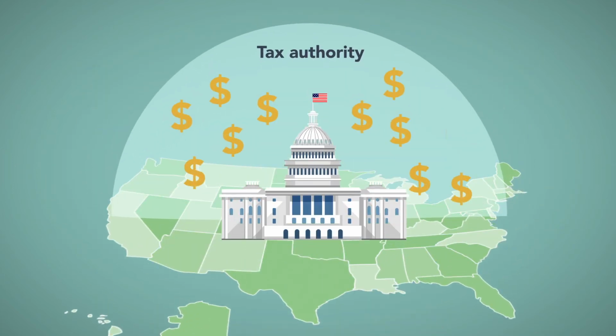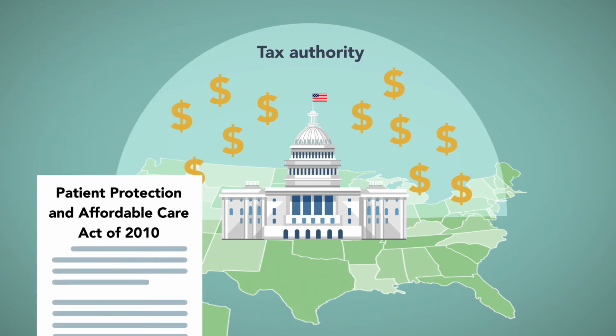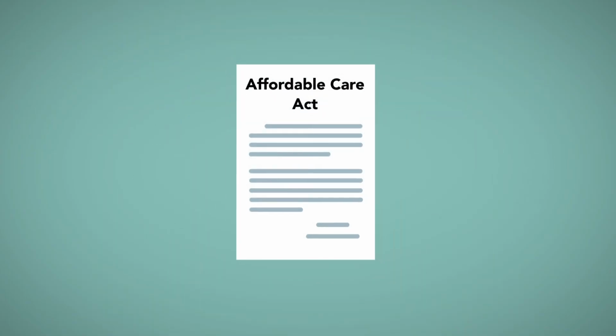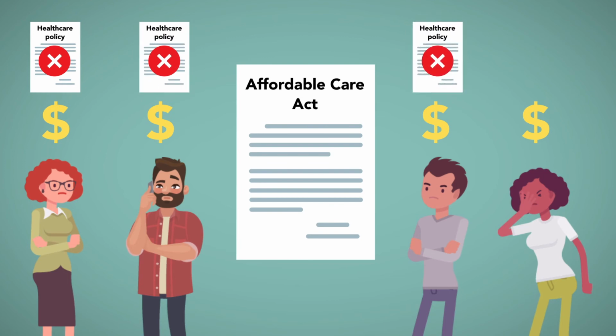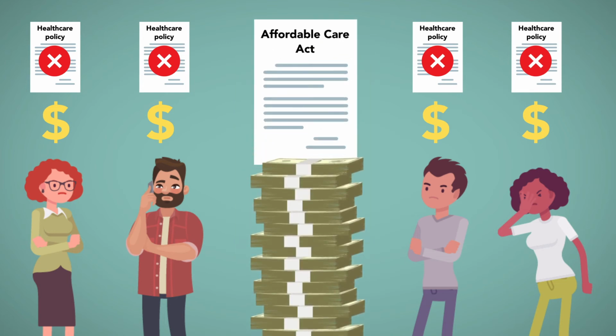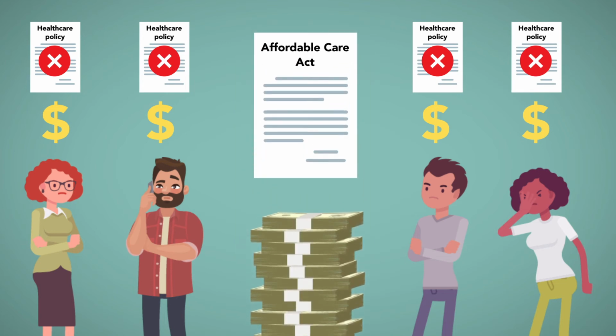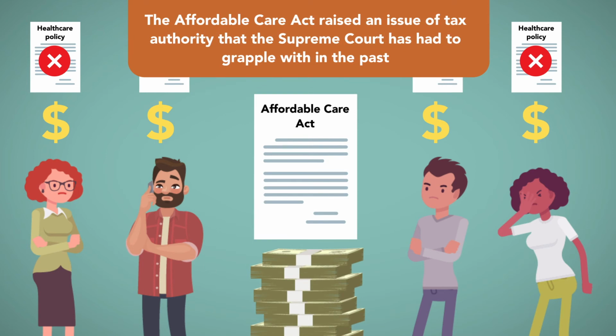This shift is most clearly exhibited by the Supreme Court's rulings regarding the Patient Protection and Affordable Care Act of 2010. Among other things, the Affordable Care Act imposed a tax penalty on people who did not have health insurance coverage. This policy was meant to encourage more healthy people to buy into health insurance programs to help drive down premium costs. Thus, the Affordable Care Act raised an issue of tax authority that the Supreme Court has yet to